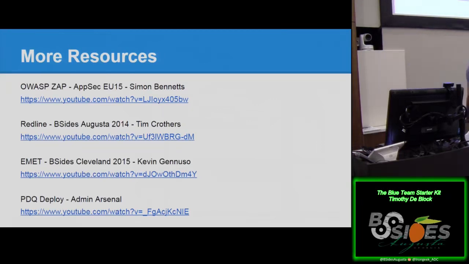So PDQ Inventory, the caveat here is I have not used PDQ Inventory, so I can't speak to this point. But as we're looking to tackle our third-party cache management problem, the one fault of PDQ Deploy by itself is that it doesn't go out and look at what you have on the machine, so it can't automatically update that stuff. PDQ Inventory, on the other hand, is supposed to allow you to do that. It'll allow you to inventory the machines, find out what software is on there, and then you can build packages that will automatically go out and update that stuff.